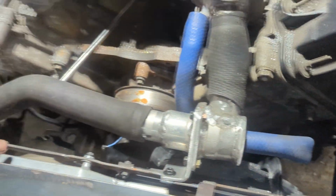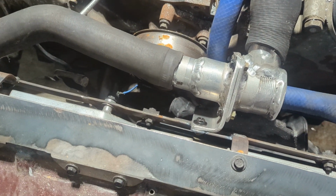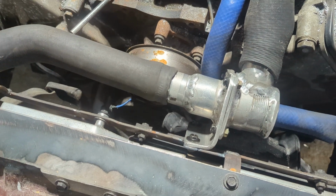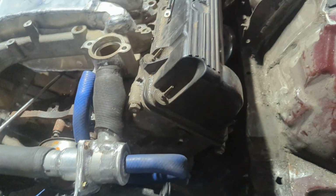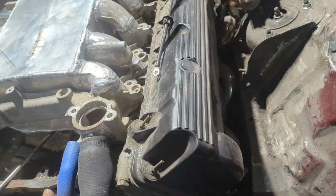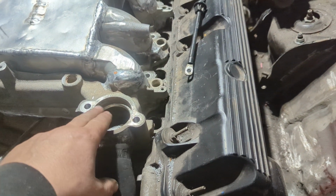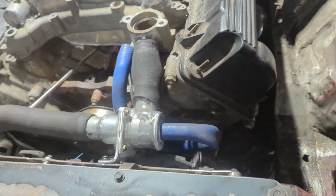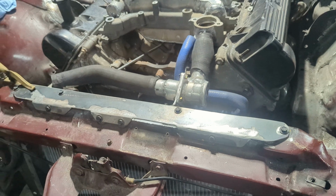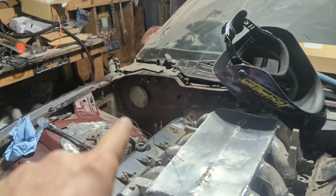This is gonna go over to here. Whether we literally just cut this and clock it a different degree so that hose actually fits might be something we do. Not 100% sure. Got a few ideas of what we're gonna do for thermostat or rad cap. Either we're gonna get an aluminum one and weld it onto here and keep it nice and shallow, and then we'll just run a non-pressurized reservoir, because the reservoir I have fits nicely out in that corner there,